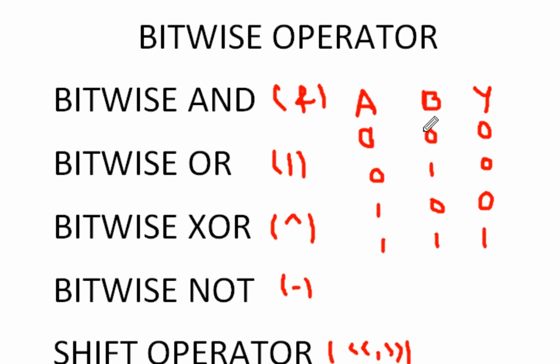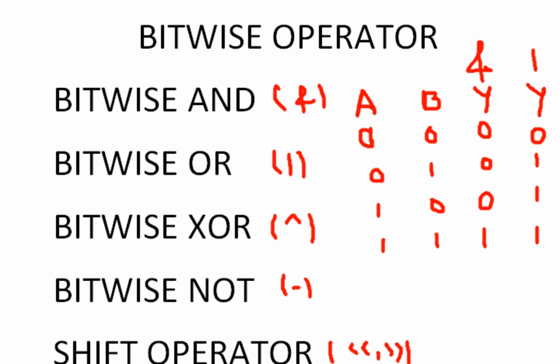If we have any input as 0, then for the AND operator we will have the value 0. And the same for the OR operator: if any value is 1, then our result will be 1. For all three of these combinations, our result will be 1. Now we will see how the bitwise AND and OR operators work on integer values.